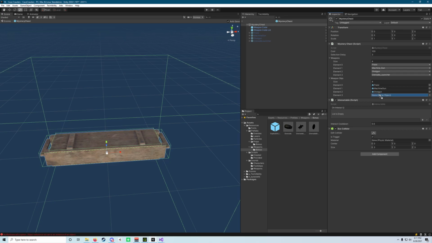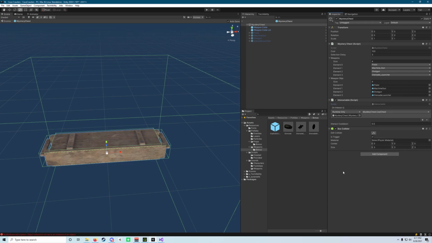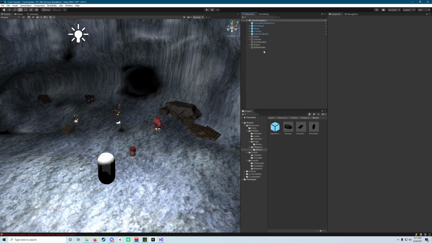The last step that we need to take is in our interactable script, in this on interact field, we're going to hit the plus button and we're going to drag the mystery chest down into that. We're then going to hit this no function drop down and find mystery chest and then find the use chest option there. Now with all that stuff set up, what we're going to do is go ahead and, oh, actually